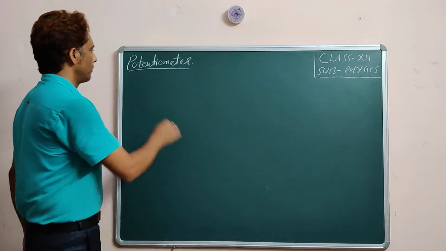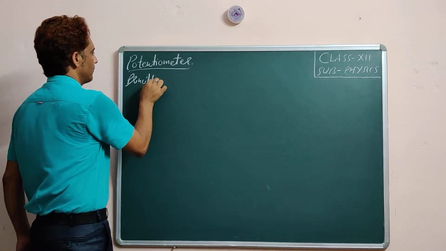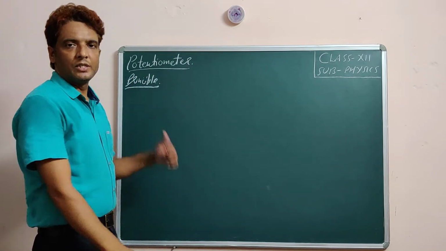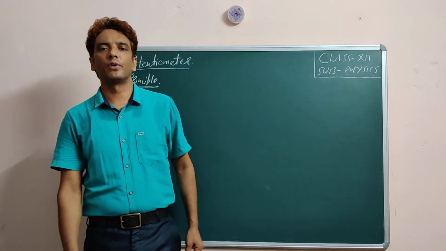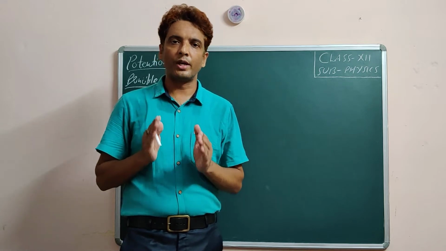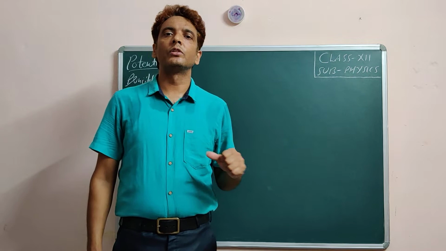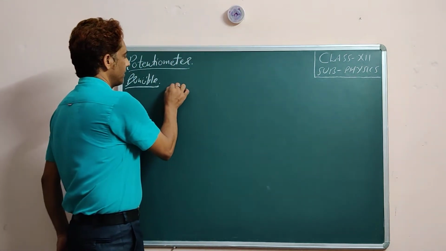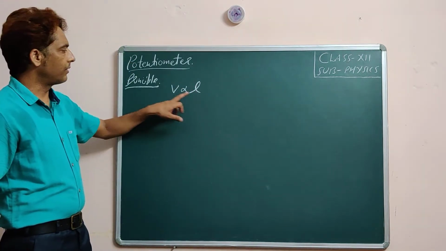Now what is the principle of potentiometer? It works on the principle that the fall of potential across any portion of a wire is directly proportional to the length of that portion, provided wire is uniform and constant current is flowing through the wire. Mathematically we can write V proportional to L, where L is the length of the wire and V is the